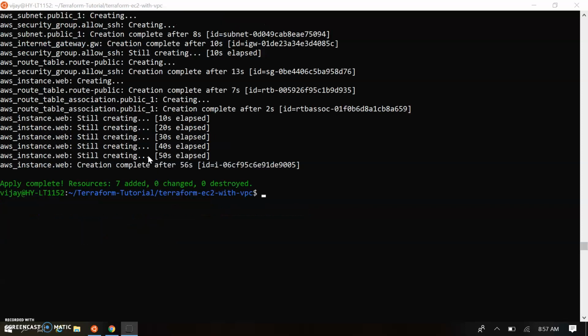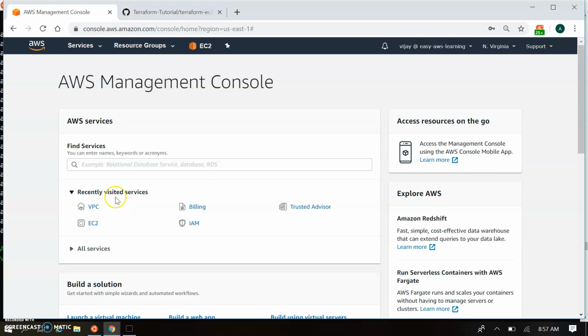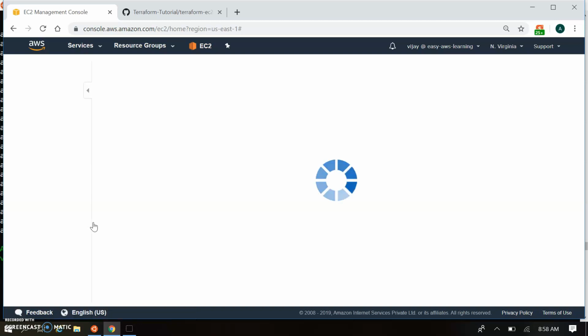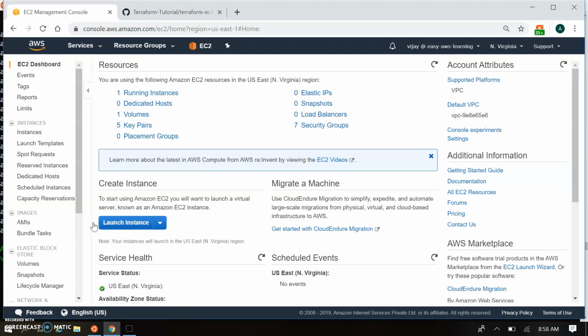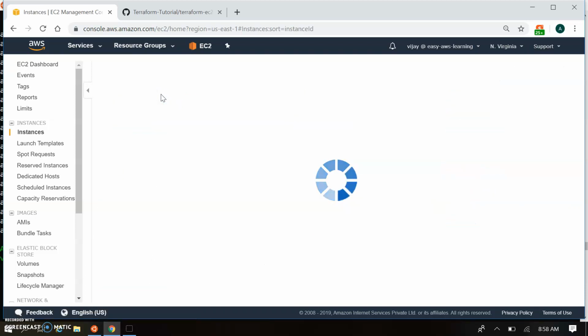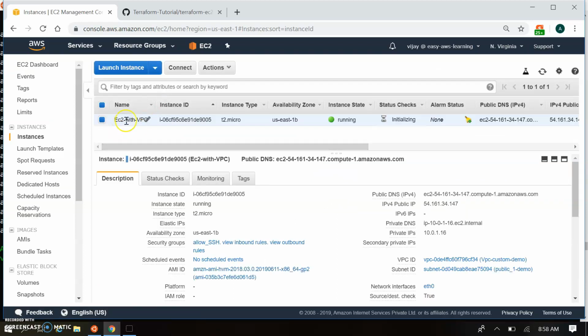Okay, so all our resources got created. Let's go to the console and see the resource state. I'm going to EC2. Okay, there is one EC2 running. So this EC2 with the VPC is created.